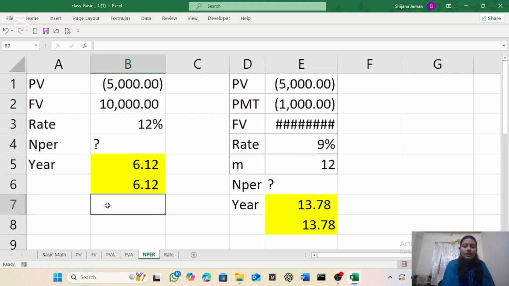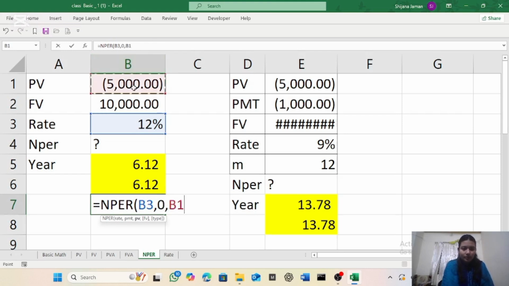So NPER would be equal NPER formula, rate, yes, rate 12%, comma, payment, there is no payment, that's why payment is 0, comma, present value, we have present value, okay, comma, here we need future value in negative figure, but we are already including present value in negative figure, that's why we do not need to add future value in negative figure. So we put future value in positive figure, comma, type would be end of the year,